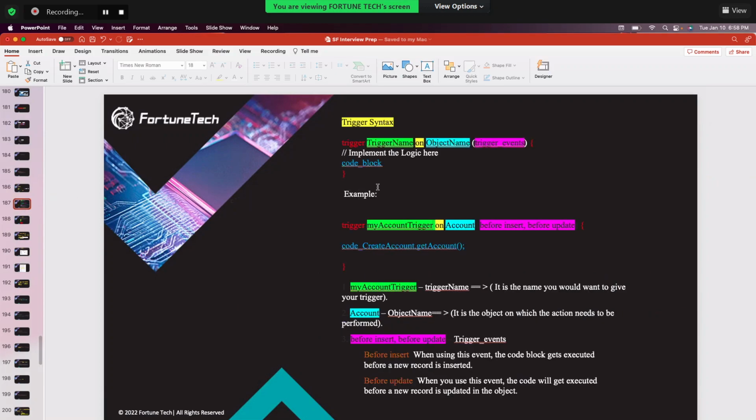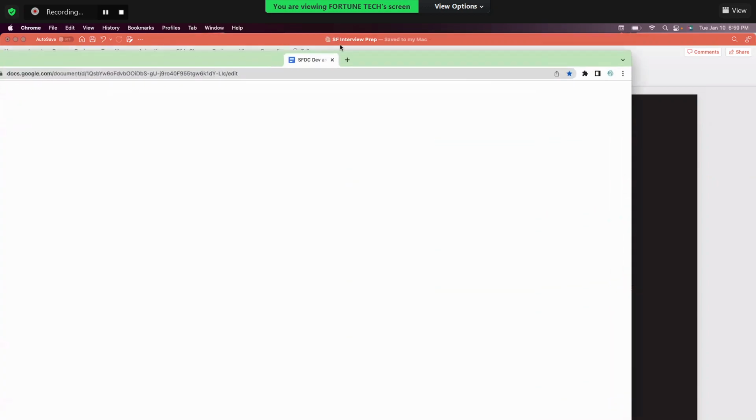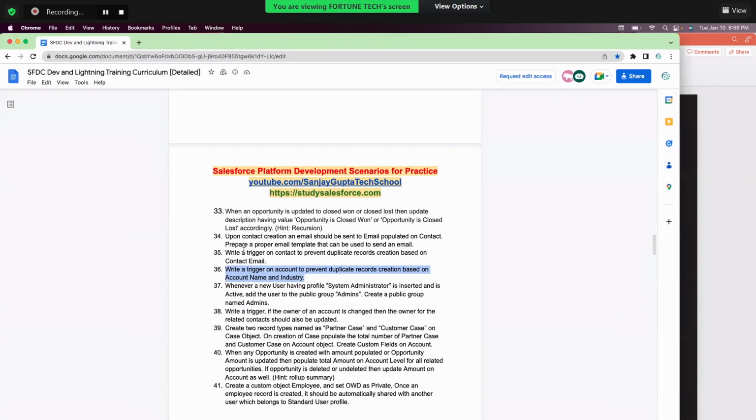While implementing, before we write down anything, we should understand if it is going to be a before or after trigger. Does it make sense? Yes. So if we come here,